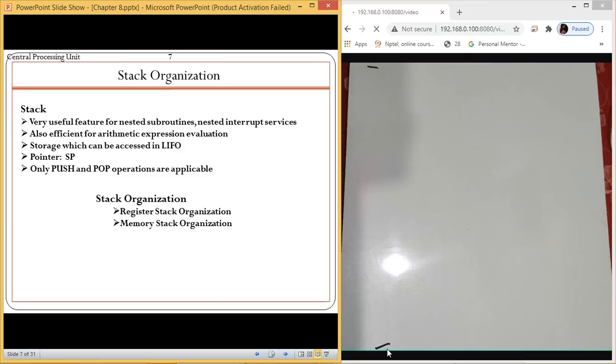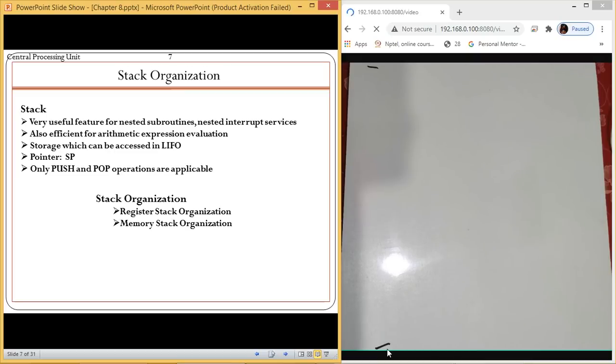Firstly, let us talk about the stack. Why do we use a stack? And what are its benefits, how we can store the data, how we can pull the data from it. So when we talk about stack in computer, we use it to execute subroutines or interrupts. So it is just a storage space in which we store the data, and when we require we can get that data from that storage.